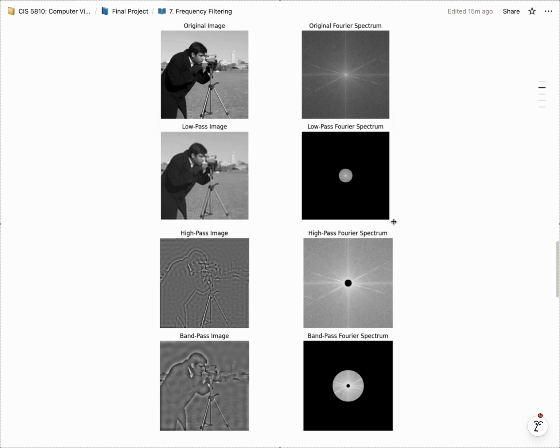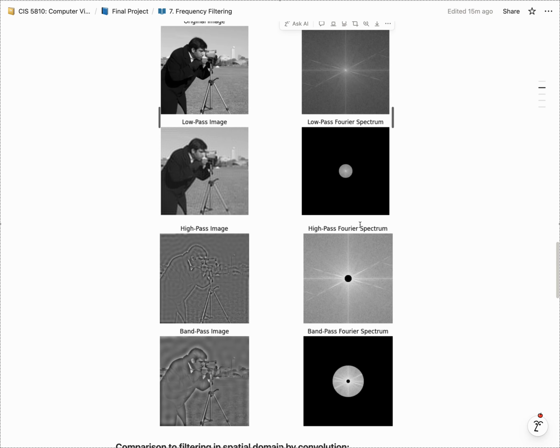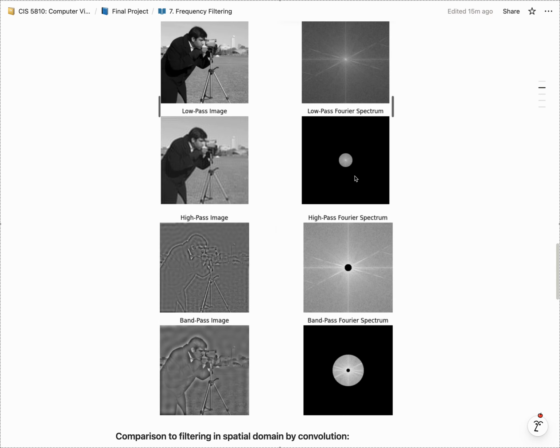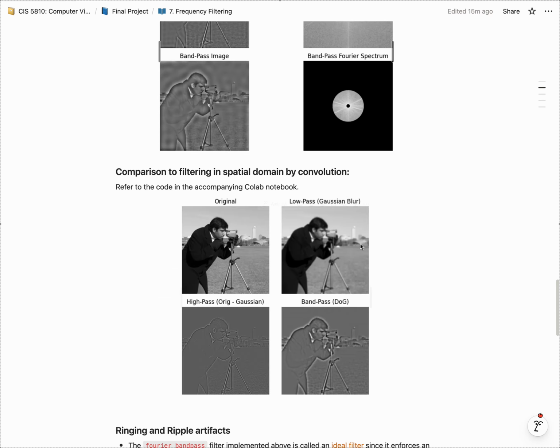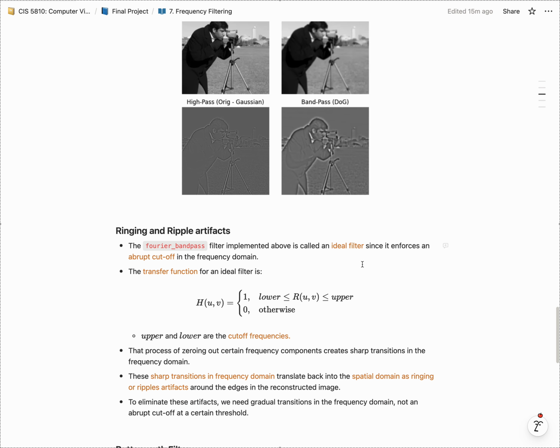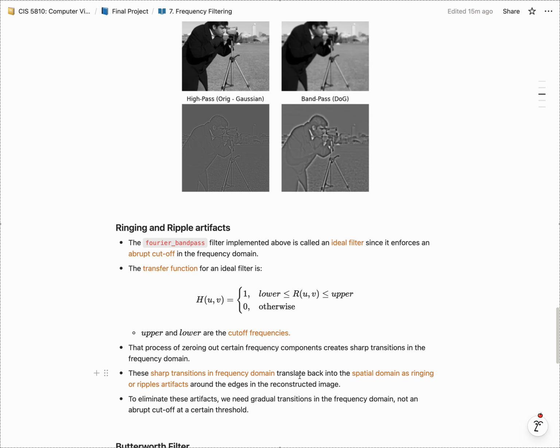What that means is that it enforces a very sharp transition in the frequency domain from 1 to 0. It's a binary mask. And that sharp transition propagates from the frequency domain into the spatial domain as ringing or ripple artifacts that we see here,